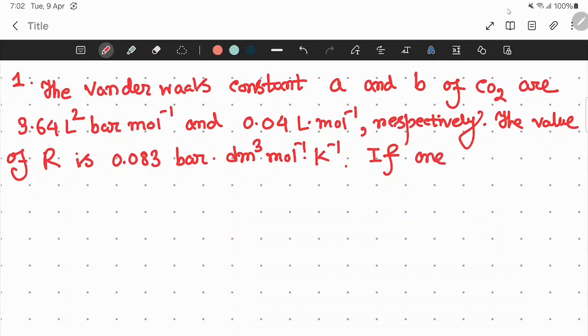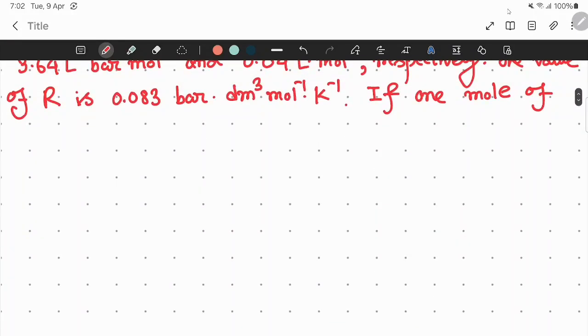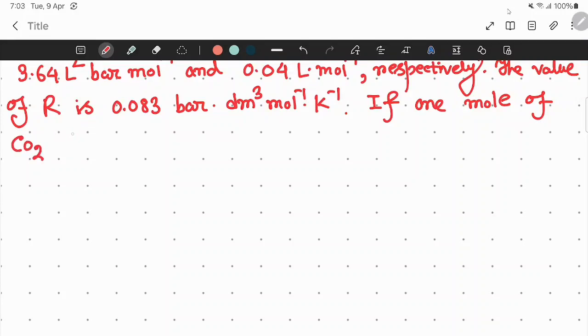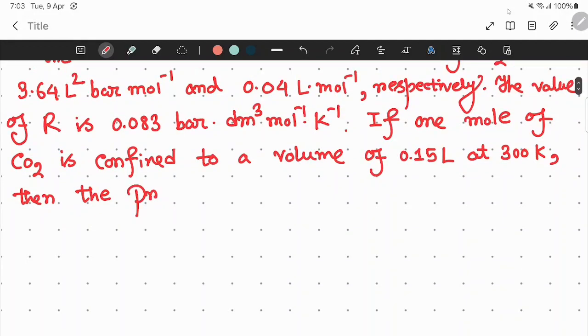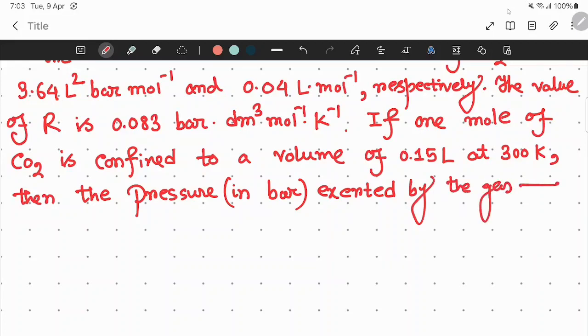If 1 mole of CO2 is confined to a volume of 0.15 liter at 300 Kelvin, then the pressure in bar exerted by the gas. Okay, so what they have asked,